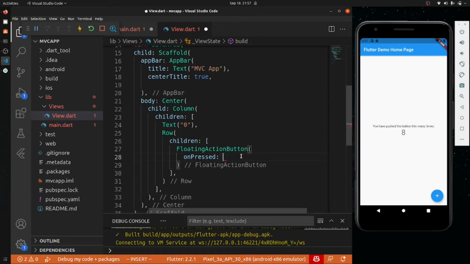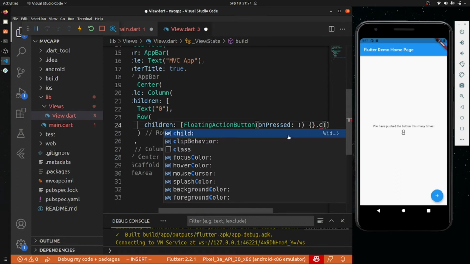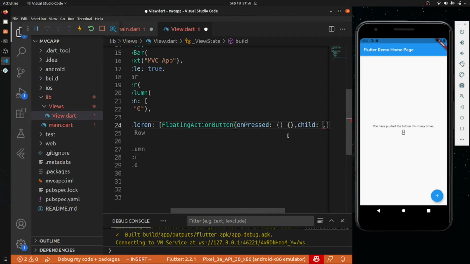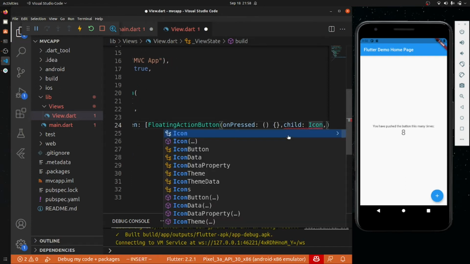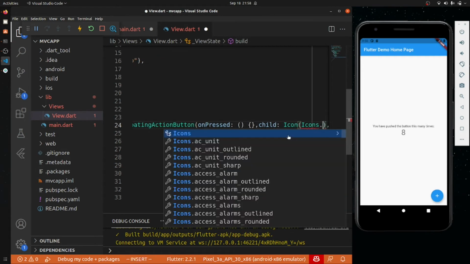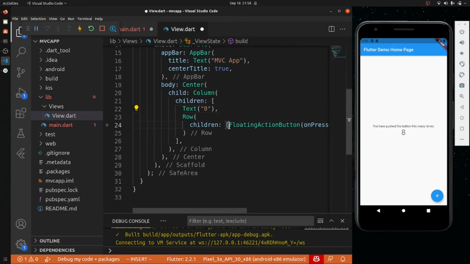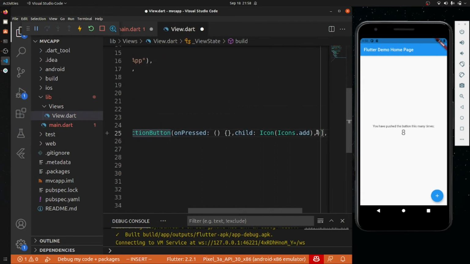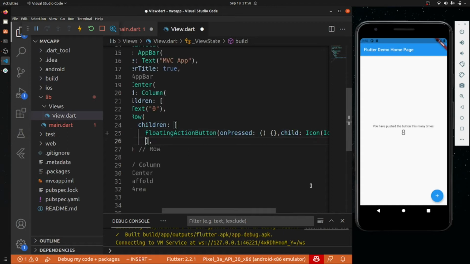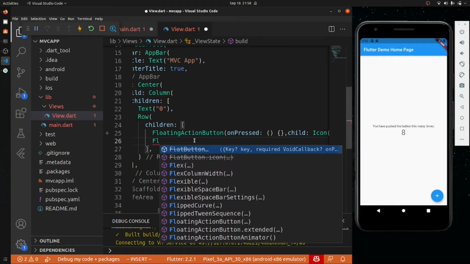Okay, on pressed will do nothing, and then children, it will have an icon, and Icons.add. Okay, so after this, another floating action button.